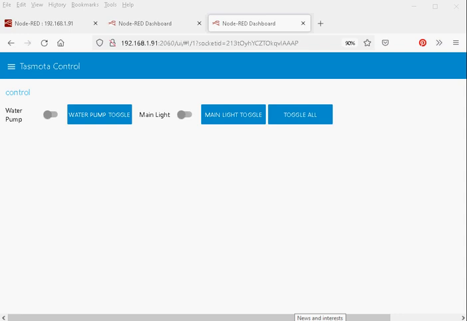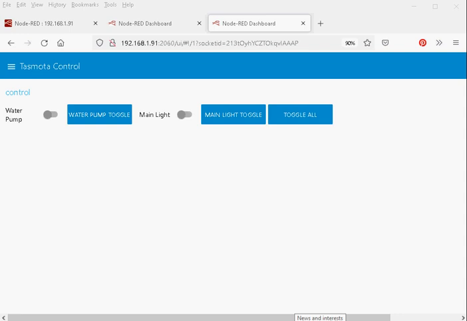Now what we're going to do in this video series is develop dashboards to control and monitor a Tasmota network regardless of how many devices you have on the network, and I'm actually surprised how many devices some people do have on their networks. We're going to get familiar with the Tasmota API. We need to do that in order to build these dashboards, and we're going to do all this using Node-Red